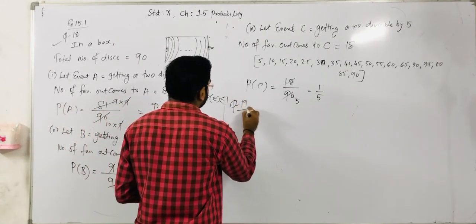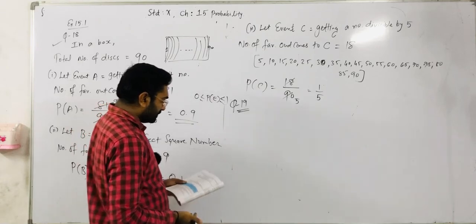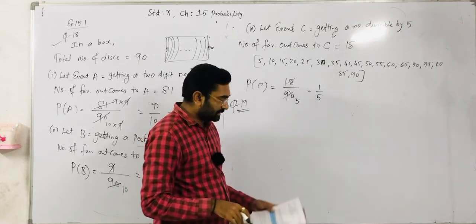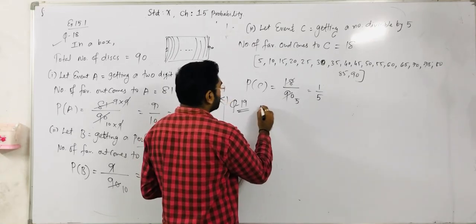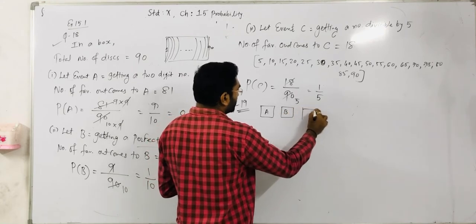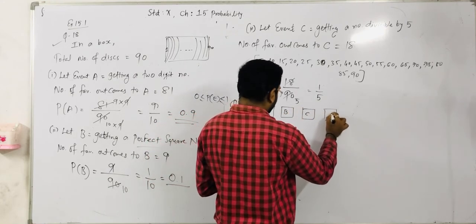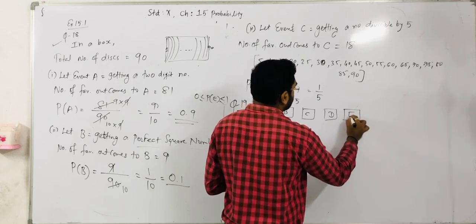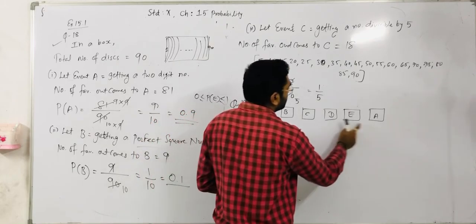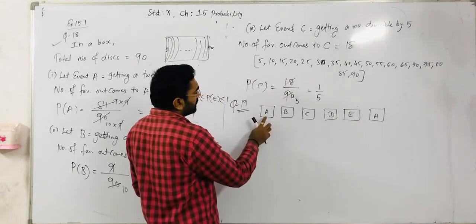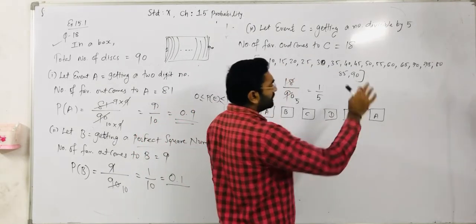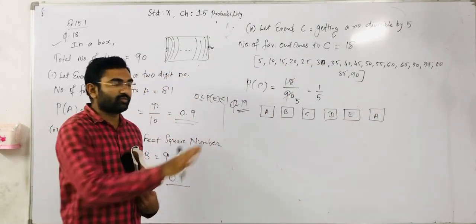In this question it is very simple. A child has a die. We all know in a die there are 6 faces. But in this die, they give letters, not numbers like 1, 2, 3. They give letters on the faces. As I told you, in a die there are 6 faces. In those 6 faces, the letters are A, B, C, D, E, and another face is A. These 6 faces are given.